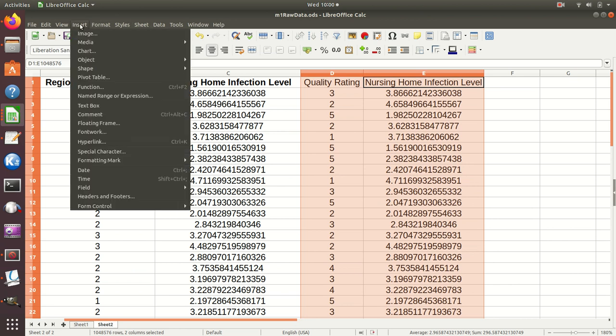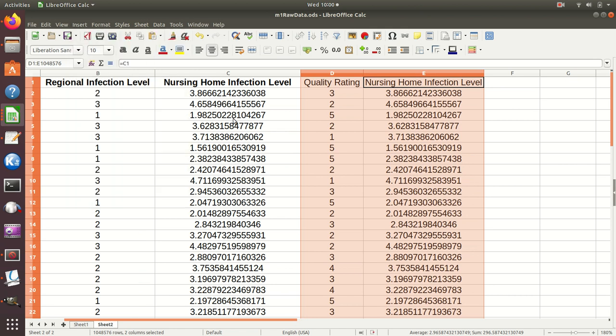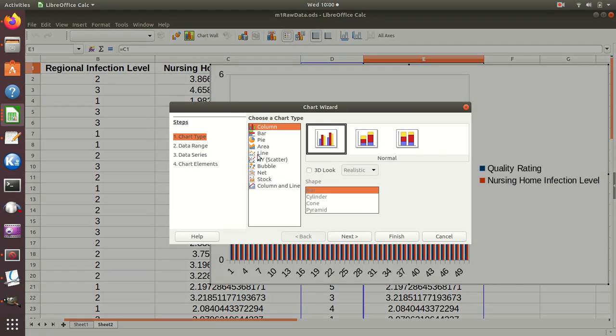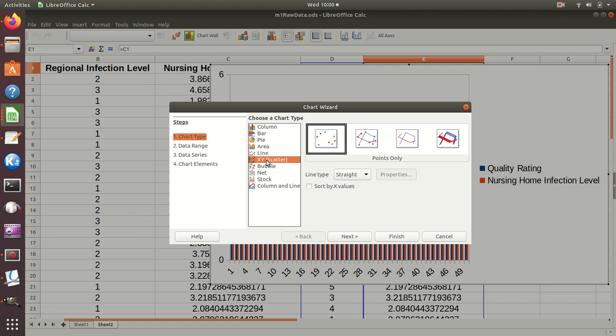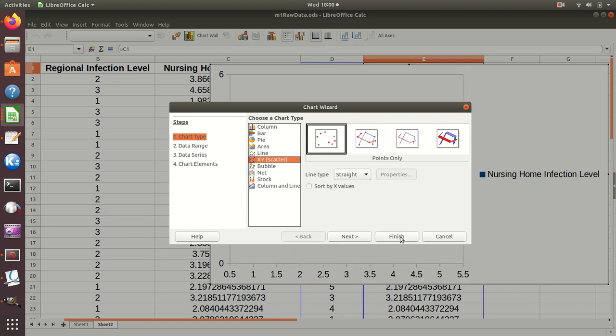Usually they have something like insert and a chart. Some just may have a box up here for different types of charts, but mine, I click for chart, and I'm going to do an XY scatter plot. And in this case, I'm just going to finish,